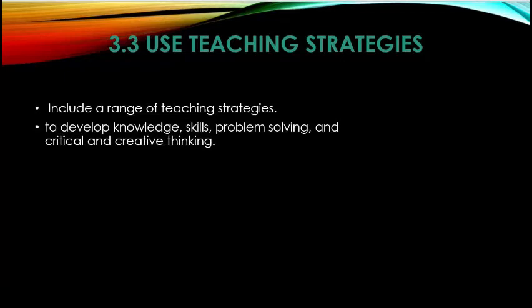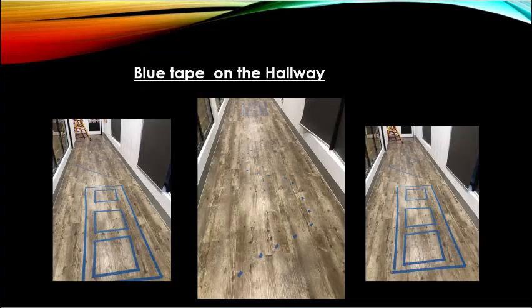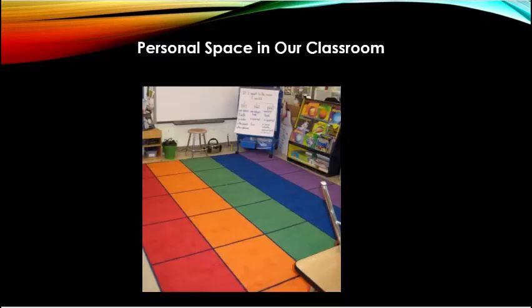Blue tape on the hallway: walk along, jump and balance. We use this path as a strategy because children were always arguing about who is going to be the leader in a line. And also, this path links into Aboriginal art. Following these tracks is a way of teaching strategies to calm them down and also to teach children about personal space. In our classroom, we use square mats. A little square is their personal space, sitting there with all their body staying inside the square.